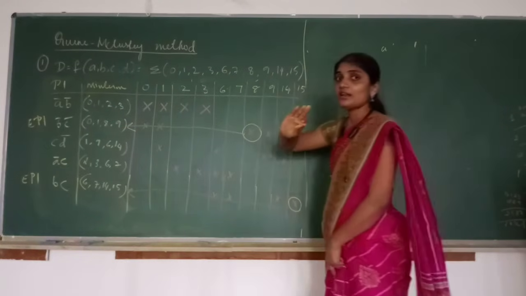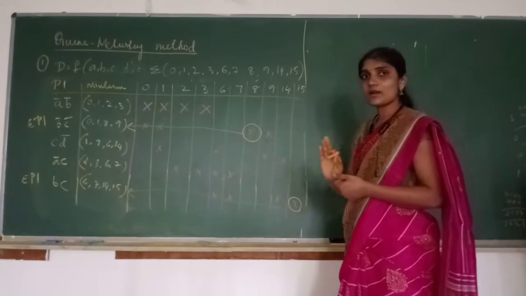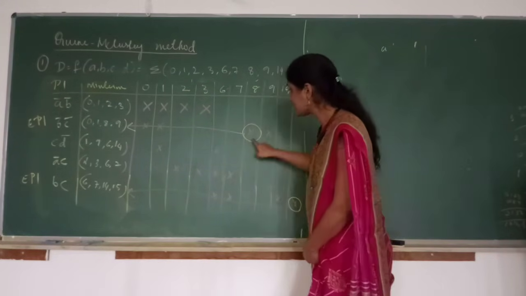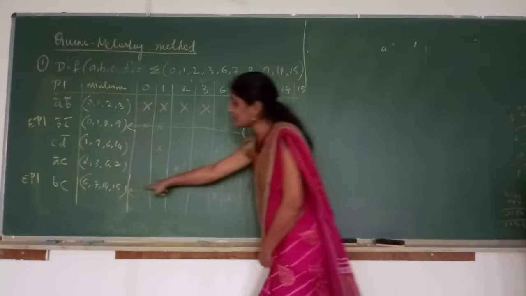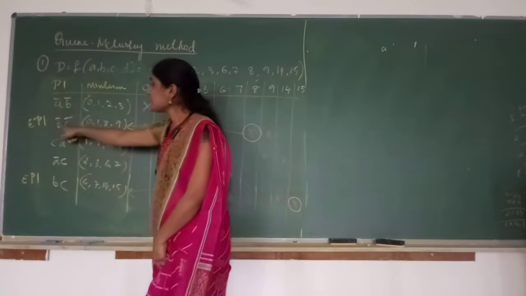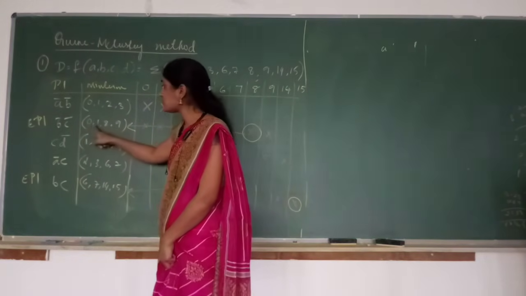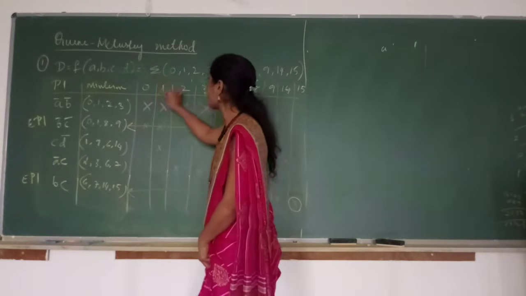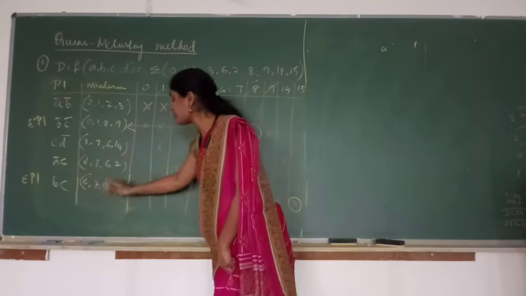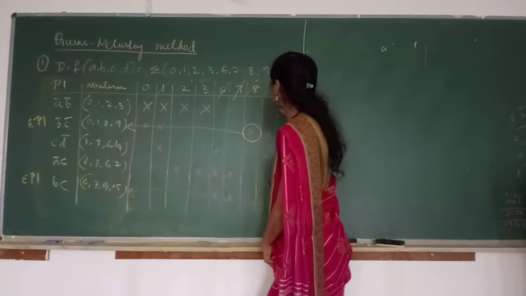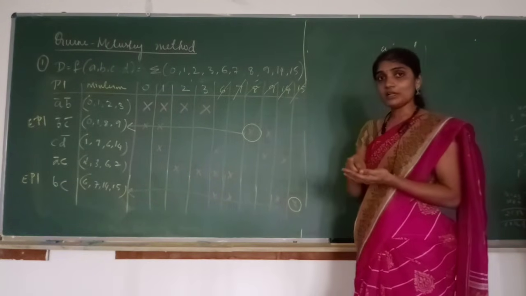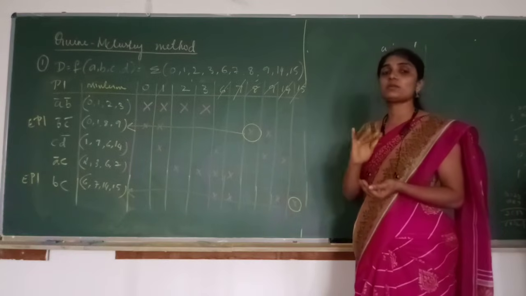These two are EPIs. Now once you mark this, let me repeat. You have to check for a single X in a column. Single X. Mark the corresponding PI, that will be your EPI. And what you do is, in this particular term, which minterms are covered? 0, 1, 8, 9. You just cancel 0, 1, 8, 9. Fine. In this particular prime implicant, 6, 7, 14, 15 are covered. Just cancel them. Now we have to construct another table, the next table, that is called the reduced prime implicant table.